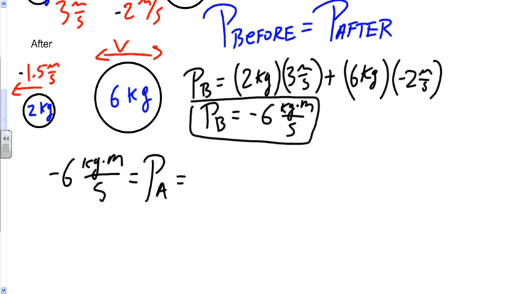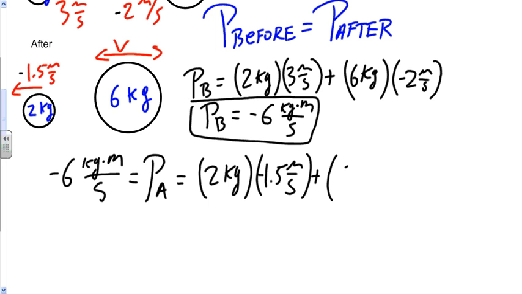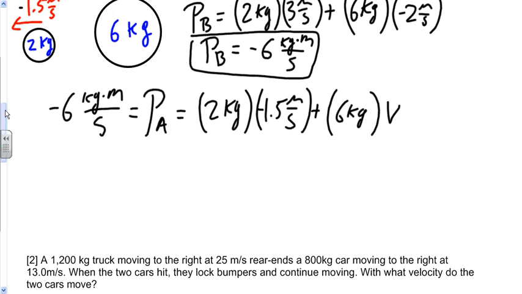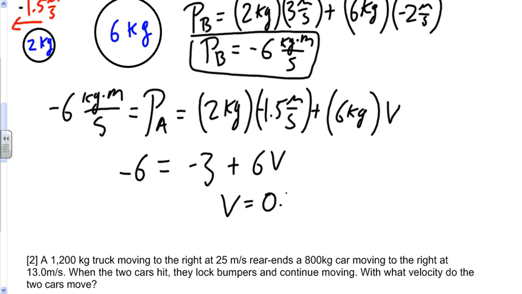So the momentum of the smaller ball is 2 kilograms times negative 1.5 meters per second, and the momentum of the larger ball is 6 kilograms times its velocity. So what you see here is this reduces to an algebra problem. We get negative 6 equals 2 times negative 1.5, which is negative 3, plus 6v. Go ahead and solve for v. I'm going to add 3 to both sides, and I'm going to get v equals negative 0.5 meters per